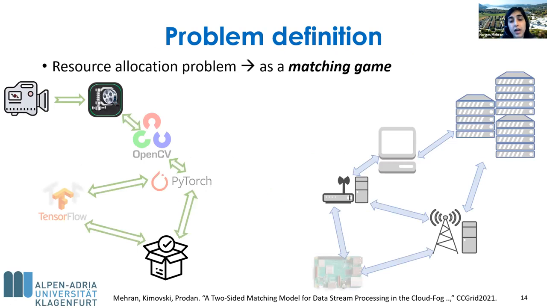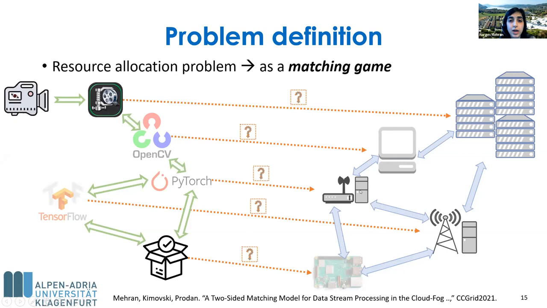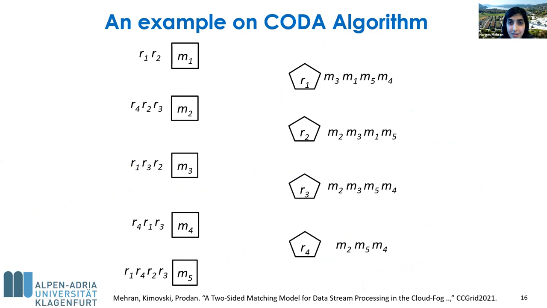We have then defined the problem of resource allocation as a matching game, in which, on one side, we will have the generator of the data that should be received by a specific microservice. And then on the other side, we have this computing continuum, considering that they are connected in a specific network topology. Then our algorithm tries to find a suitable matching in order to match each one of these microservices to be hosted by the resources. I will bring an example for you in order to clarify how it works.